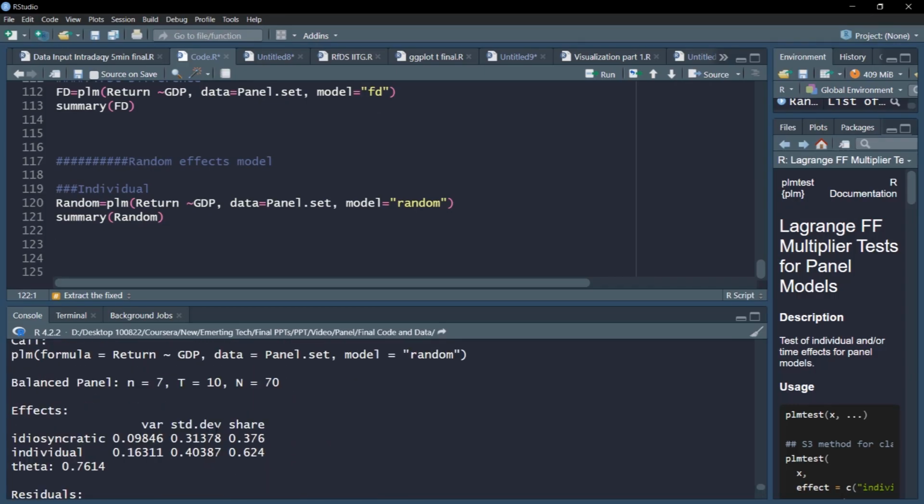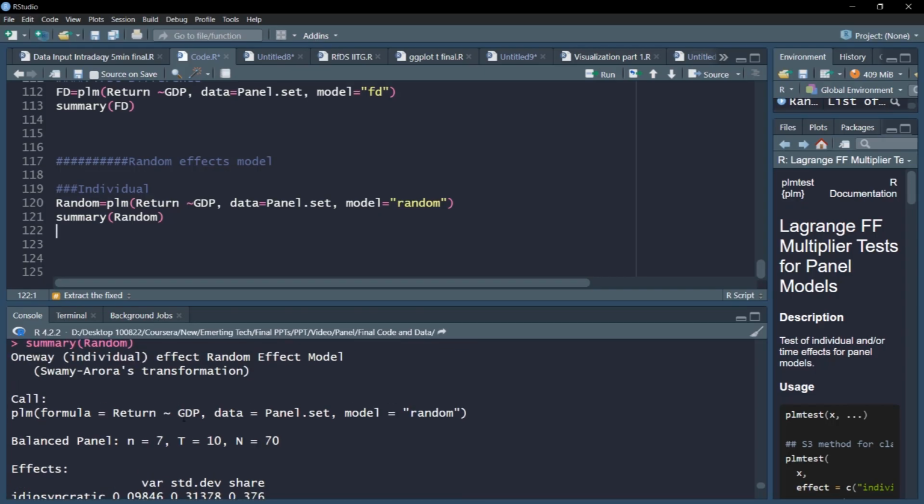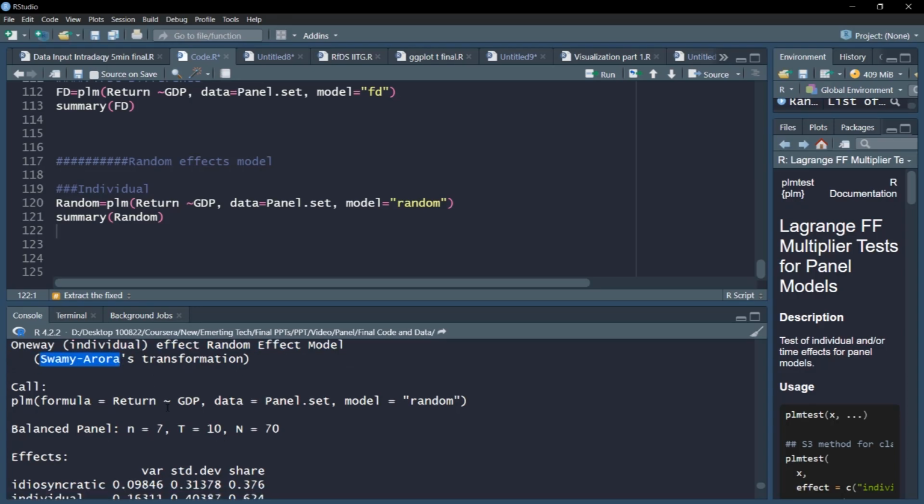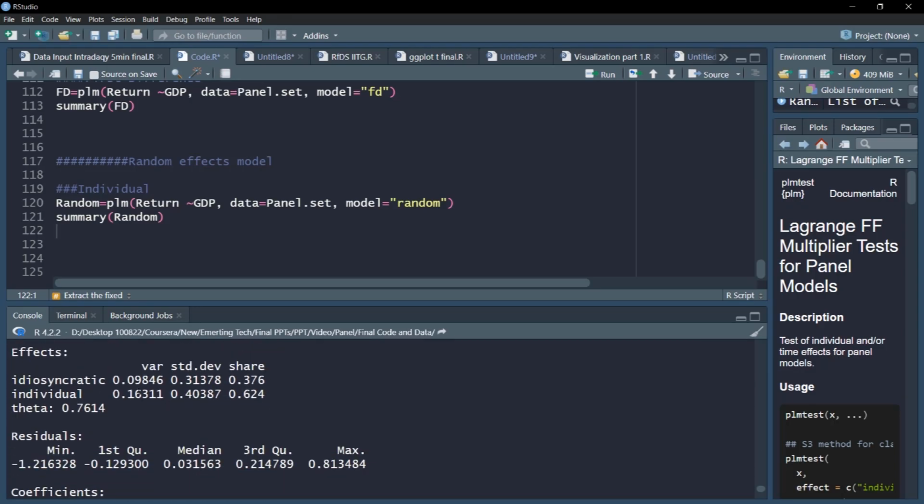Interestingly, in this model there is one additional aspect in the output, and you can choose the particular model that is run. For example, as of now it is Swamy-Arora, which is the default version, but there are different models available to check. Notice in the effects, because this is individual, you can see only the individual effect, which is pretty high compared to the idiosyncratic part of the variation, around 62%. So it indeed seems to be important. The lambda we discussed in the theoretical discussion is the same as theta here, and it is almost closer to 1.